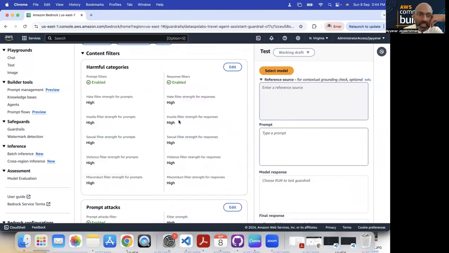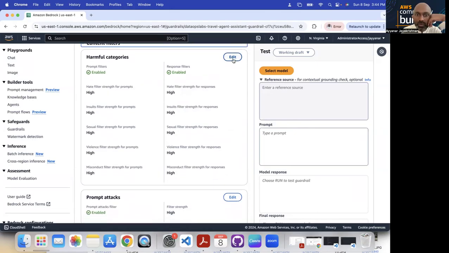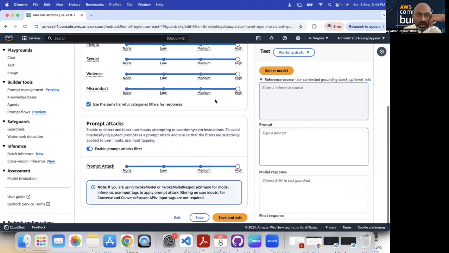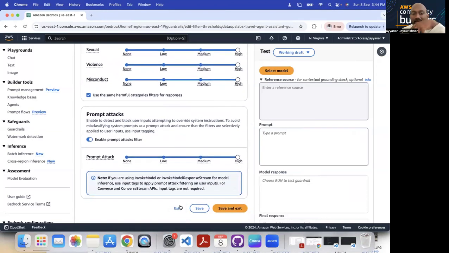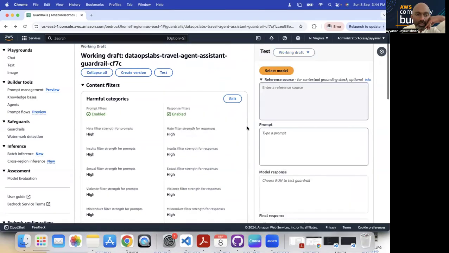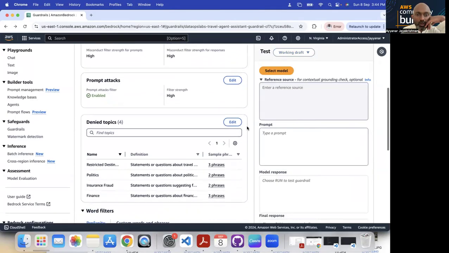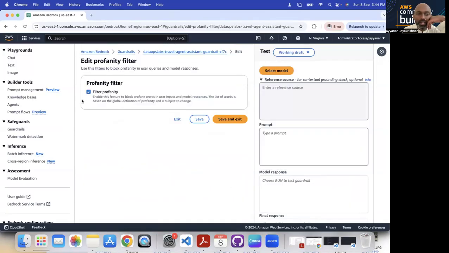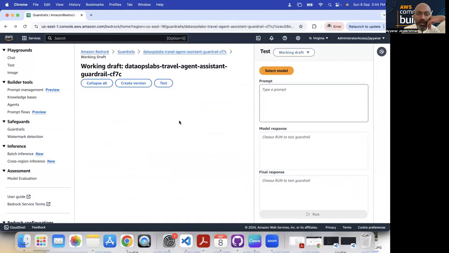We are saying everything is in high mode, for input as well as output. This is the filter for prompts, and prompt attacks are also high. These are the denied topics which I was talking about. And the profanity filter can automatically filter profanity.